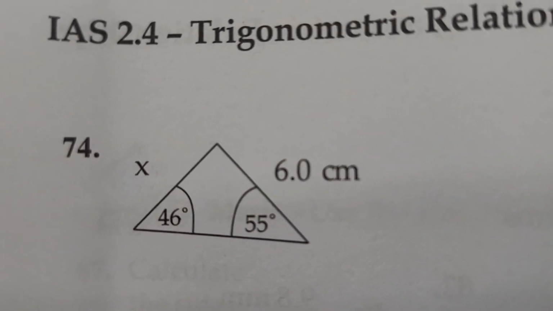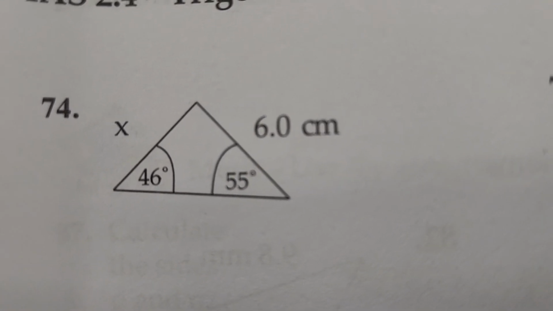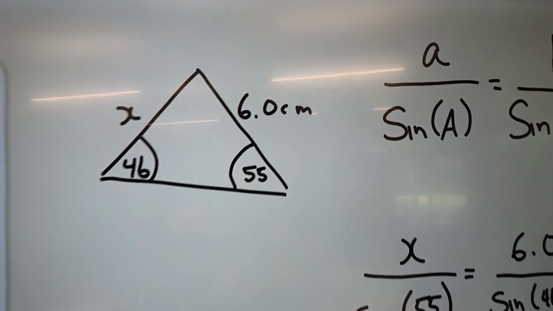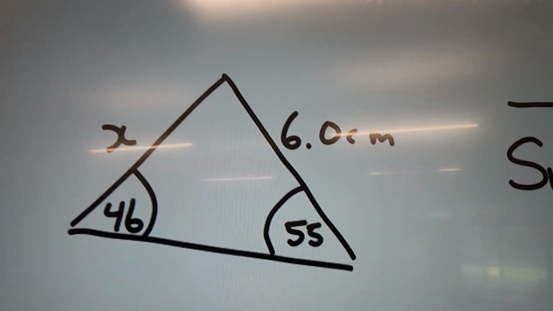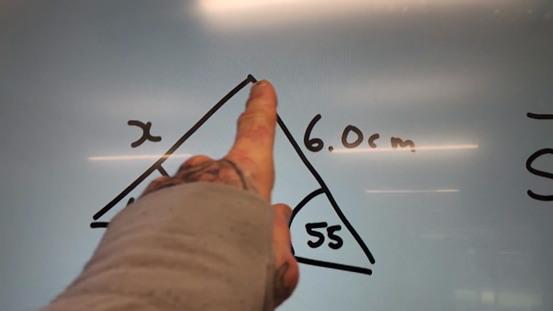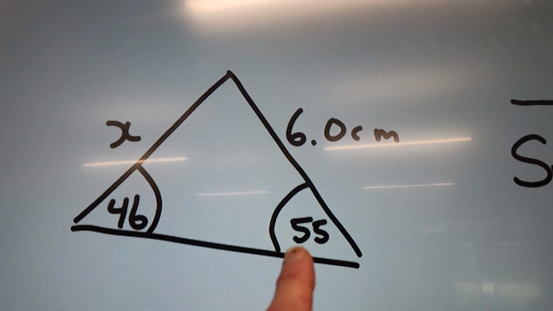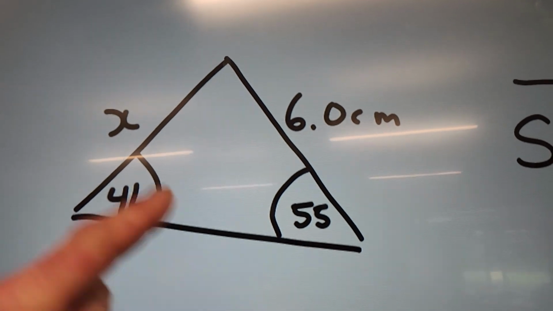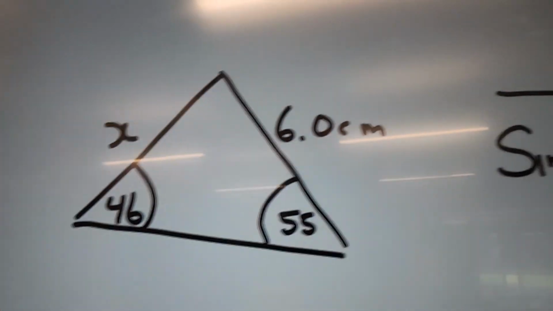We're talking about question 74 from our New Lake book, where we are finding the length of side marked X using the sine rule. So here is our original patai. We know we can use the sine rule for side length because I know an angle and the length of the side opposite that angle. I've also been given the angle 55,